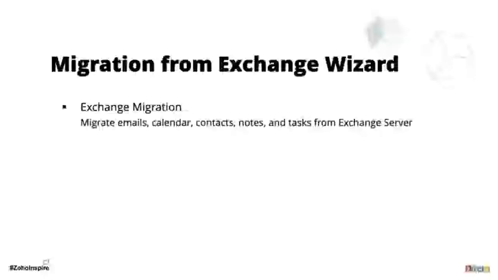So to quickly give you a recap of what we've seen until now, this was the last step in the domain setup process. You do your domain verification, you go about your user and group addition, and then you configure your MX records to make sure your emails are relayed to Zoho Mail, and finally you do the data migration process. So that is about the domain setup, guys. So we'll be proceeding with domain management next.